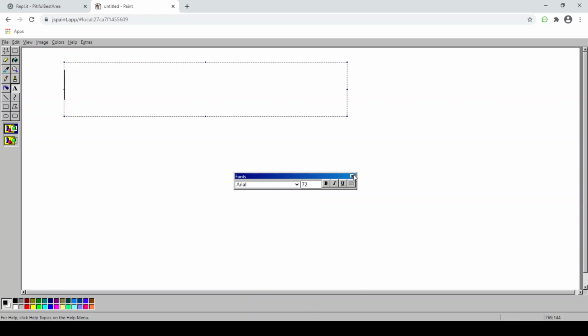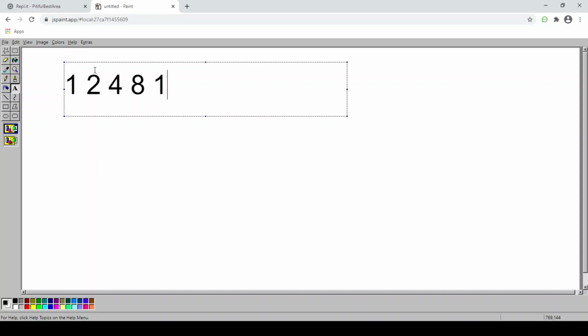Starting from 1, 1 plus 1 is 2, 2 plus 2 is 4, 4 plus 4 is 8, 8 plus 8 is 16, 16 plus 16 is 32, and 32 plus 32 is 64. These are the values we need to convert an integer to binary format.